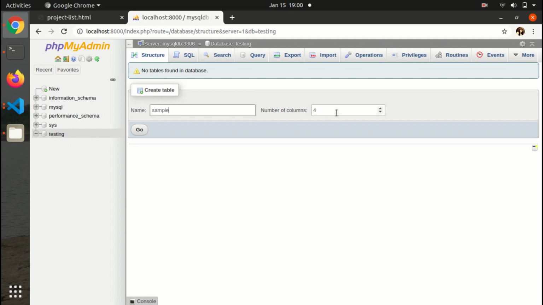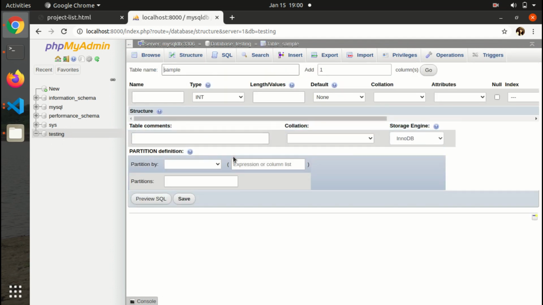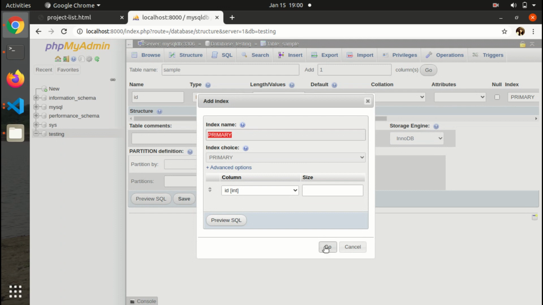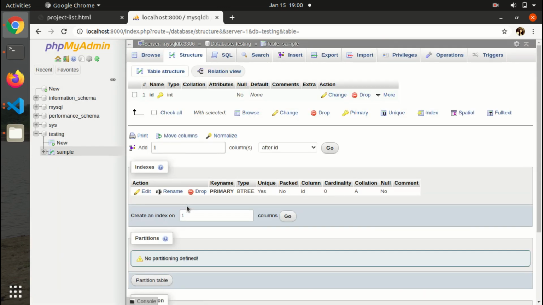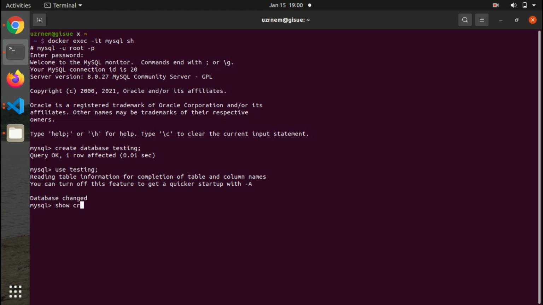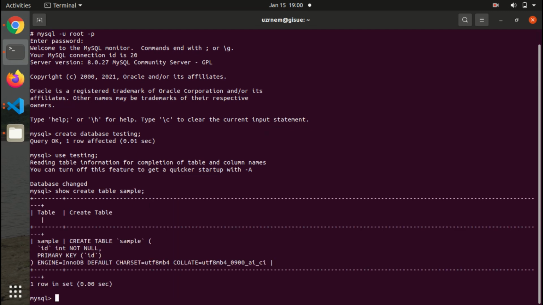As well, we'll create a table sample from phpMyAdmin. Now we can see in the MySQL shell that the table is created.